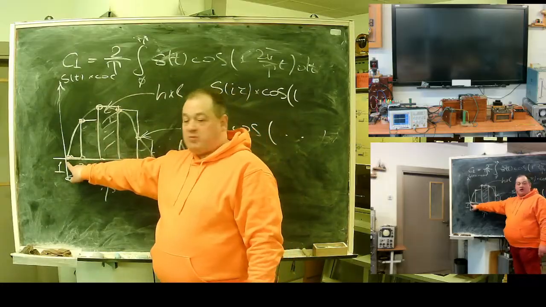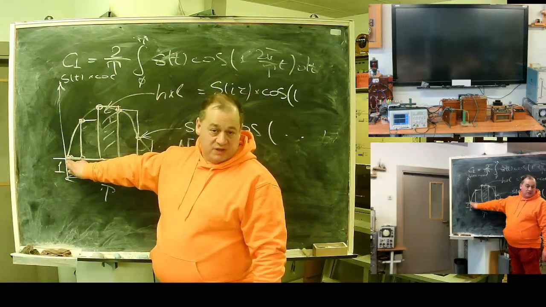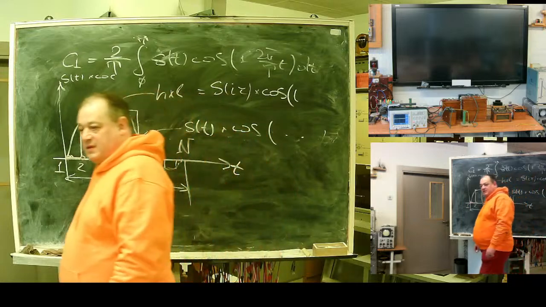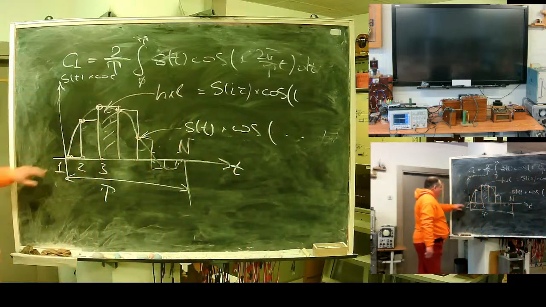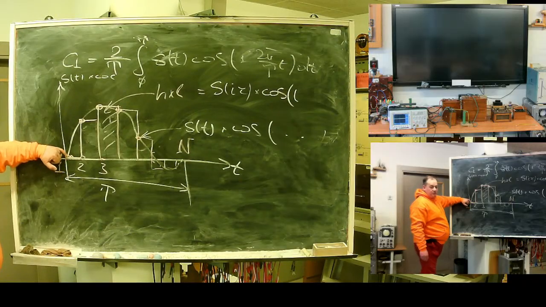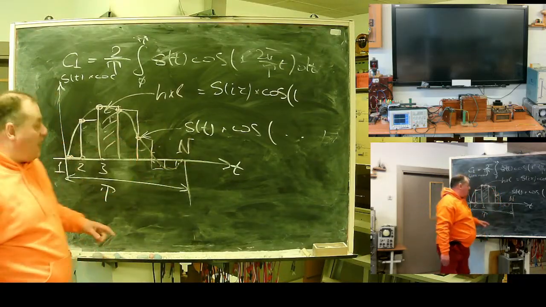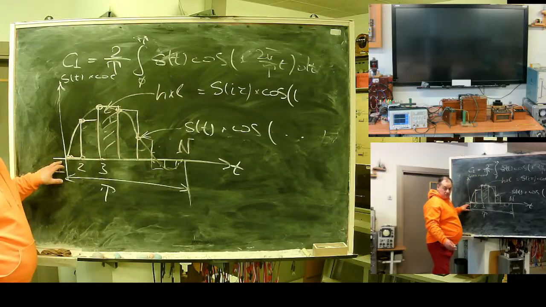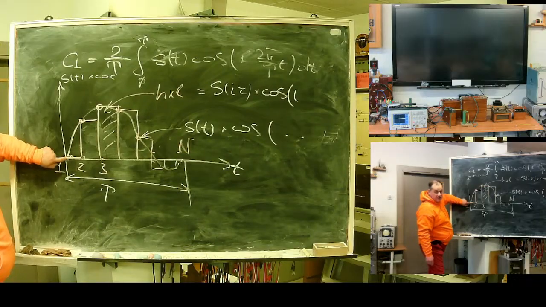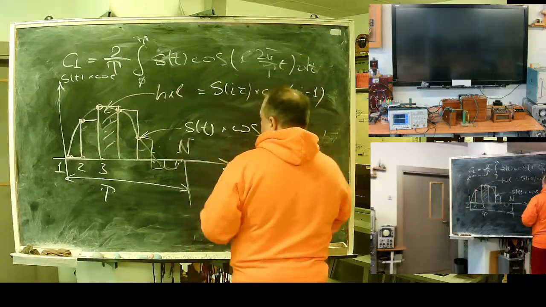I started numbering 1, 2, 3, 4, but the angle for cosine at this first point is 0. Meaning, I have a shift. I can start numbering from 0, which means the last point will be n minus 1. I started from 1, it's natural, but I need to take into account that the angle at this point is 0. That's why I need to write i minus 1,